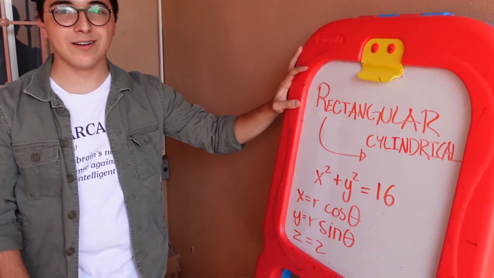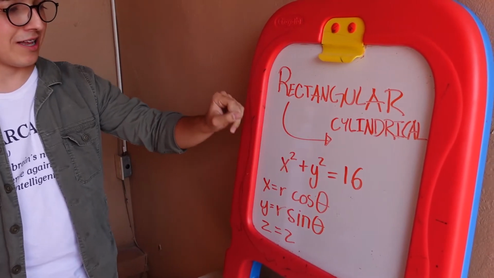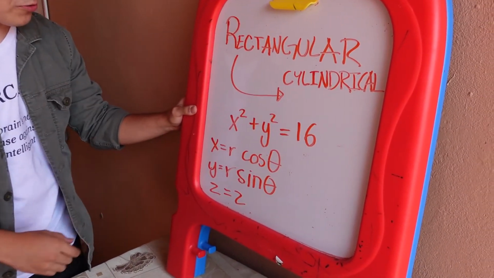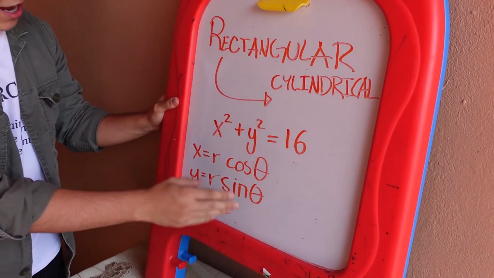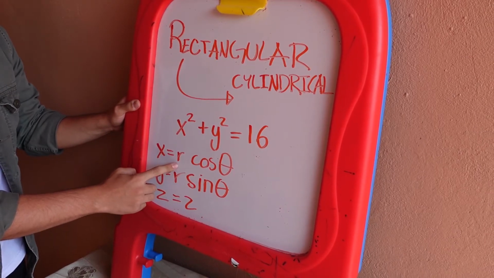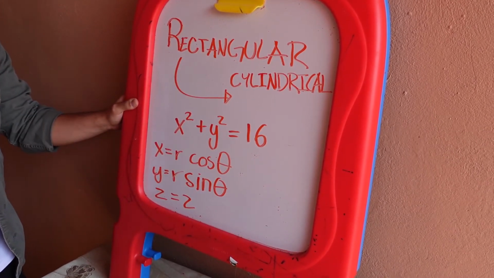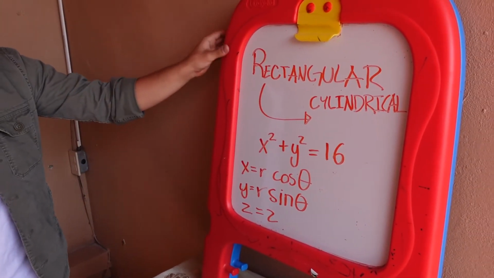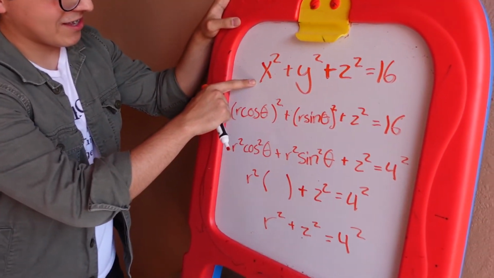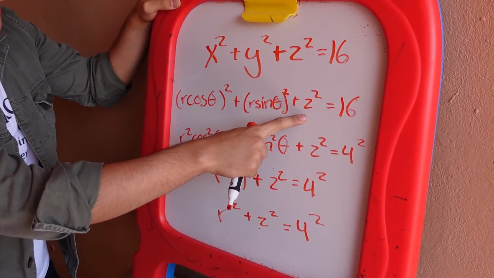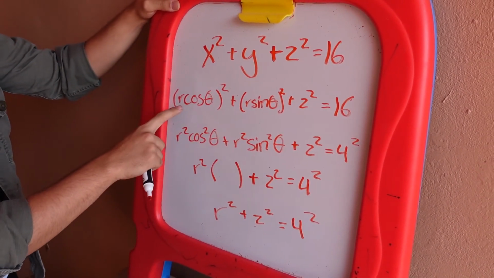So now I'm gonna show you how to change from a rectangular equation to a cylindrical one. We have this example, x squared plus y squared is equal to 16, and in cylindrical coordinates, x is equal to r cosine theta, y is equal to r sine theta, and z is equal to z. So we have this equation, we substitute the values of x and y, z is just z, and we